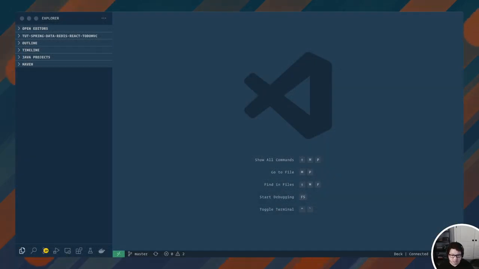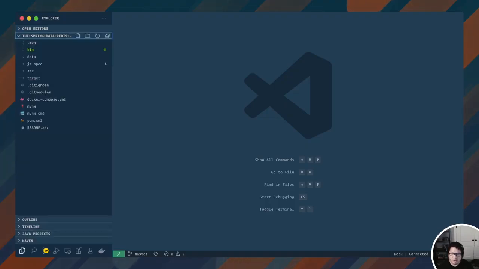Spring Initializr project. As you can see, I have my code editor open, and let's take a look at the directories that we have at the top level. We have a bin directory for the compile artifacts. We have a data directory. It's an empty directory that I put in there for Redis to keep our data locally. There is the submodule for the JS specs for the to-do backend project. And then we have our source folder